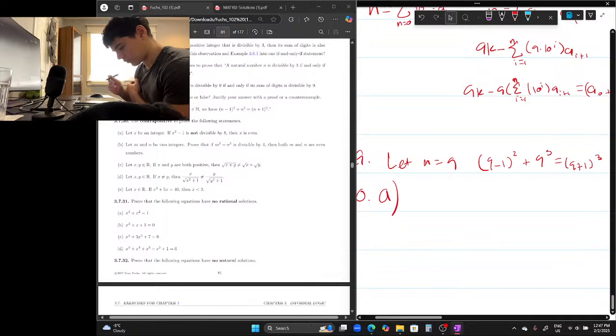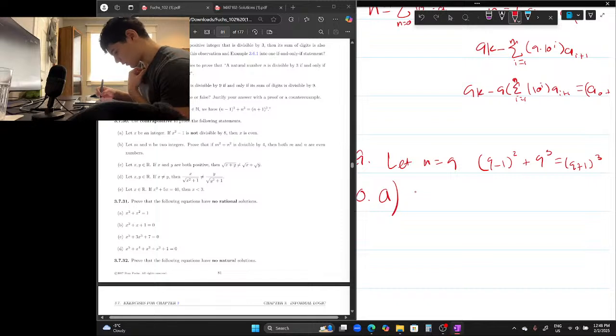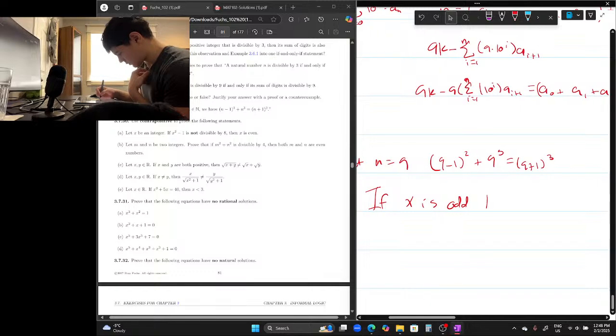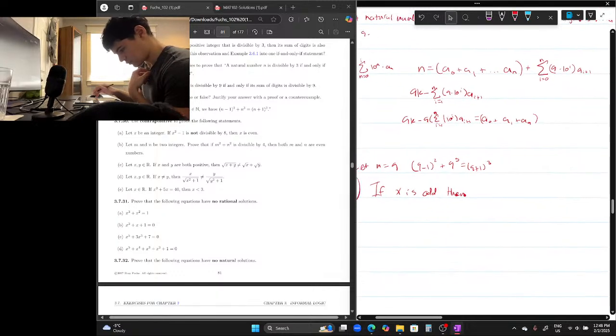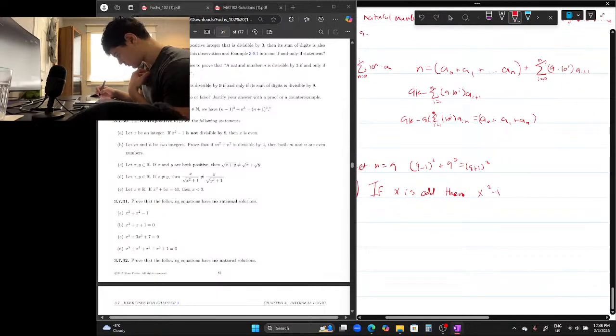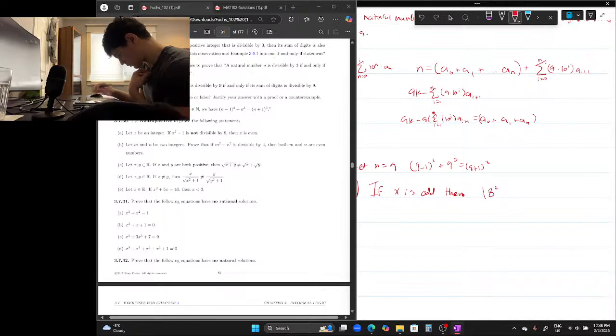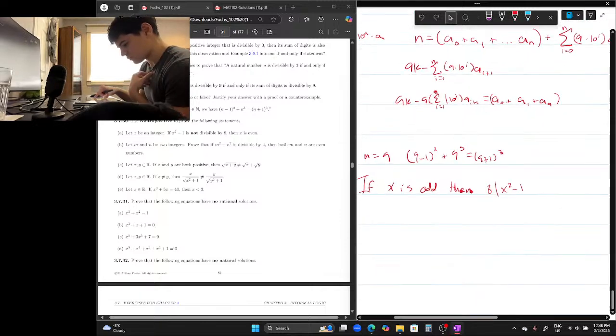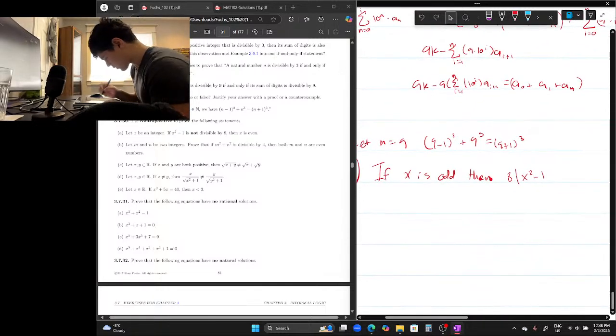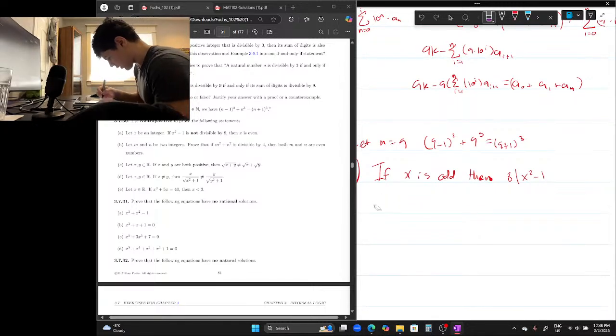Let x be an integer. If x squared minus 1 is not divisible by 8, then x is even. So if x is odd, then x squared minus 1 is divisible by 8, so we have that. So we know that x is odd, so what? x is equal to 2k plus 1, right? Then we do 8, so we do